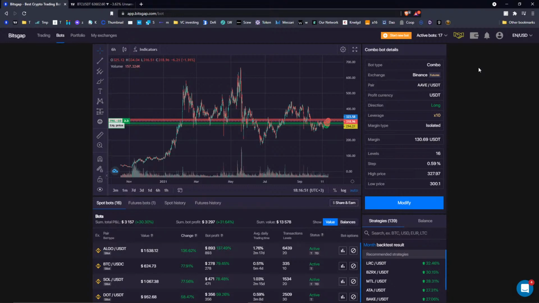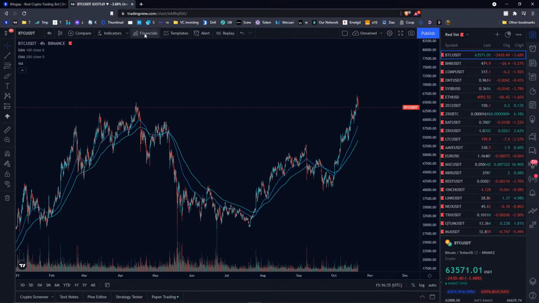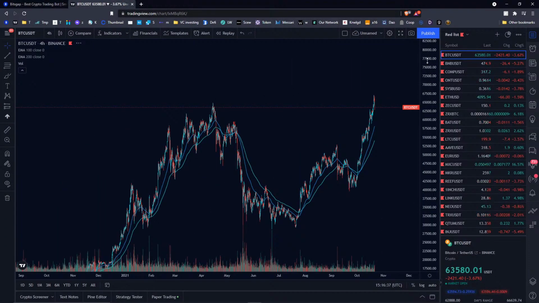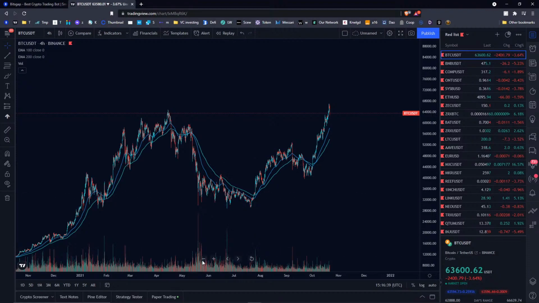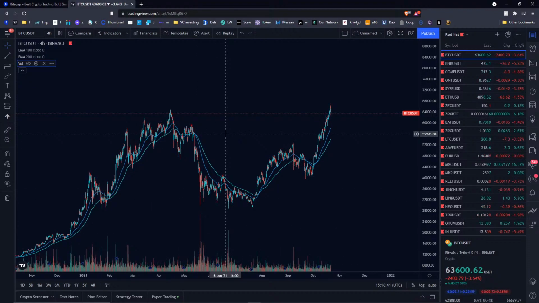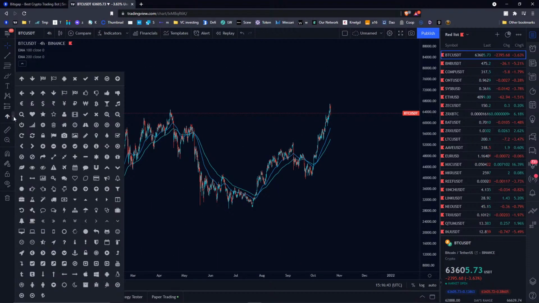So yeah, some of you have been asking about the volume profile indicator that I use on TradingView, and basically to show you more use cases with the volume profile. So what is the volume profile in general? It's not the one you see now here. The volume profile is this tool.